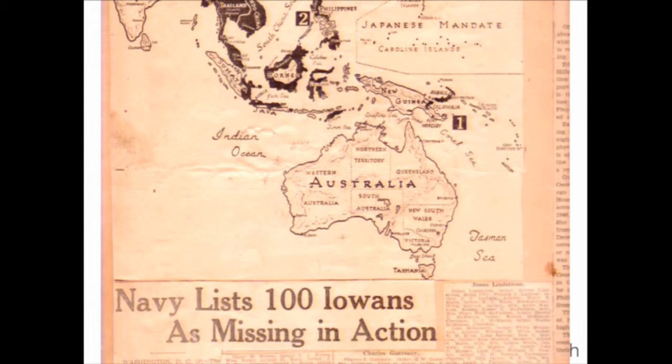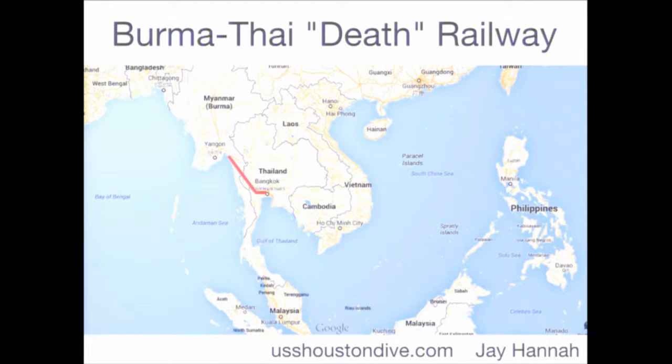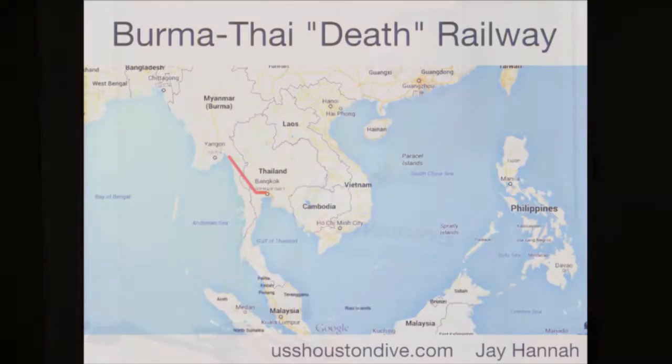100 Iowans are missing in action in the Pacific Fleet. These are farm boys. So back home, they had no idea what was going on, what happened to their son. Years later, they eventually receive information that many of them are alive, and they're working the Burma-Thai Death Railway, and I visited this location 2 years ago. There are museums, and you can see a lot of the original artifacts in the original